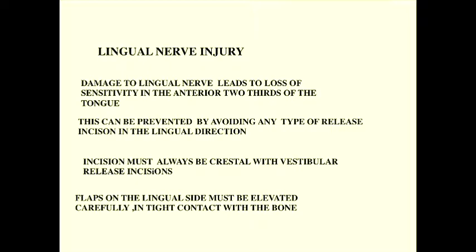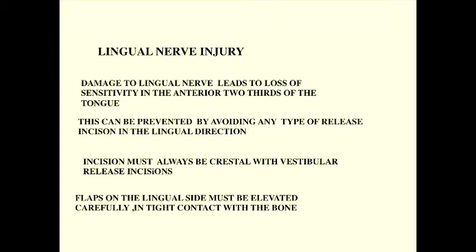The anterior two thirds is supplied by the lingual nerve as sensory. The posterior third is supplied by the glossopharyngeal nerve as sensory. The whole tongue is supplied by the hypoglossal nerve, which is motor. Okay? Lucky for you, you're not going to cut the motor nerve. But you're going to cut the lingual nerve, definitely, when you're doing third molar or impaction or